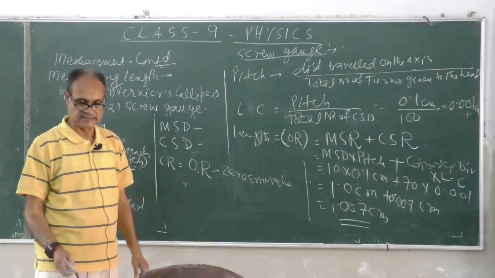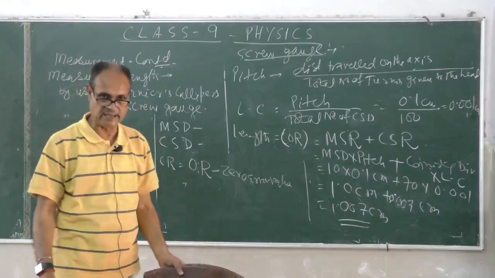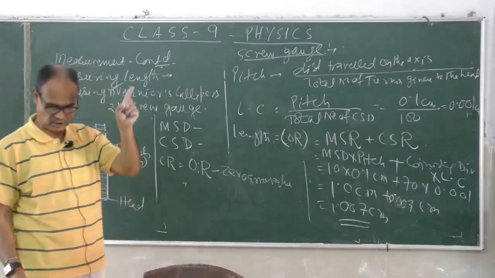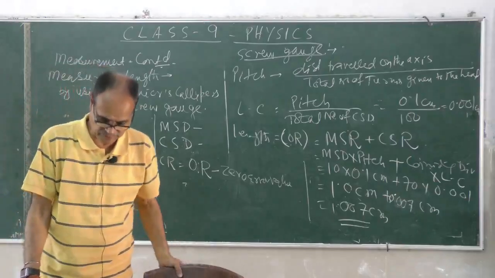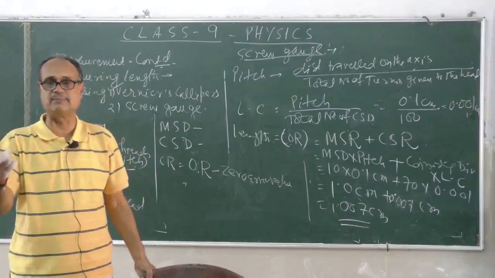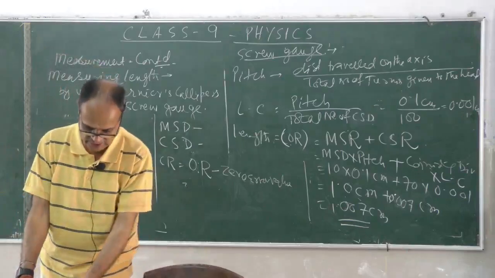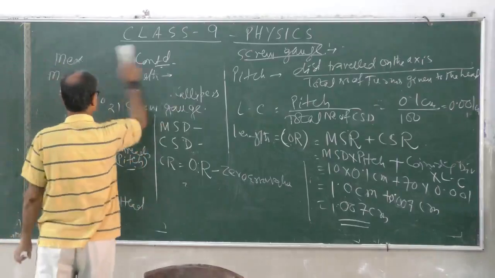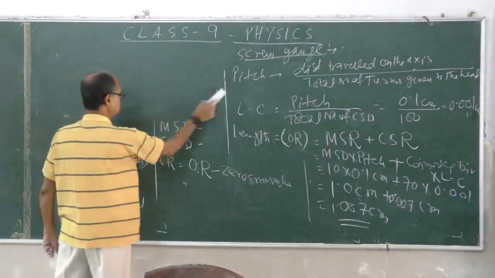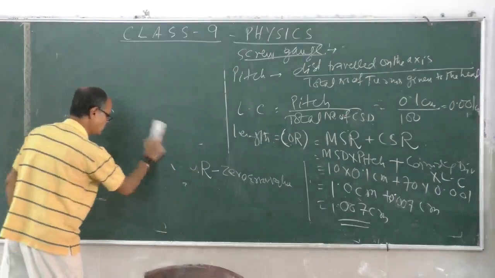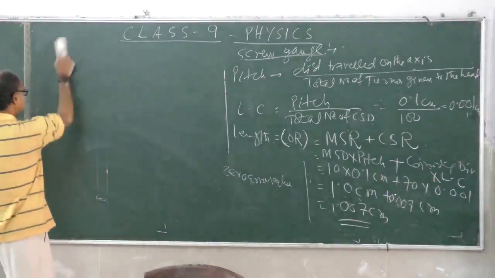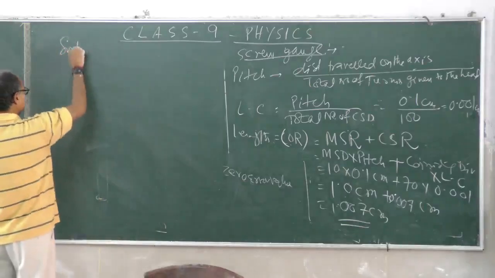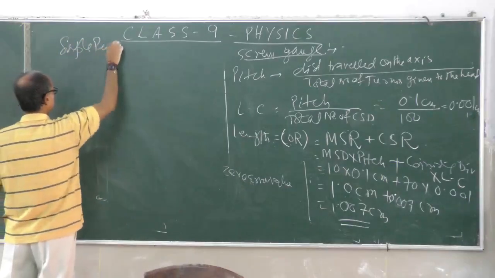Your next job is to measure time by using a simple pendulum. In the simple pendulum, just look in your textbook and mark the support where the string is holding a heavy bob. This heavy bob has a center of gravity at the bottom. This center of gravity at the bottom is called the point of oscillation, and the place where it is hooked is called the point of suspension. So, the simple pendulum.